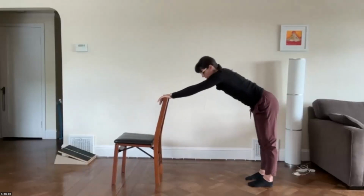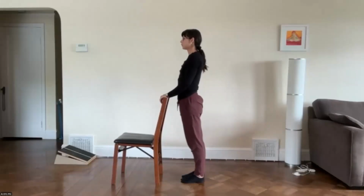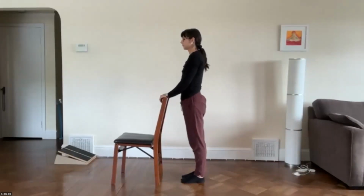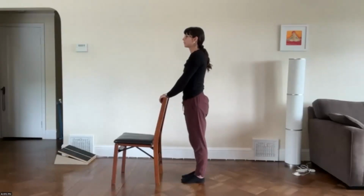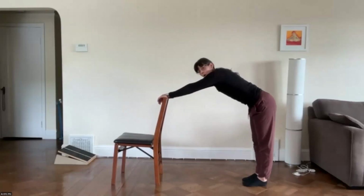And then lift your torso up, walk yourself forward. Pause for a moment, just take a few deep breaths, letting the blood come back up to the head. All right, and then we're going to walk our feet back again into that position, but now we're going to go wide